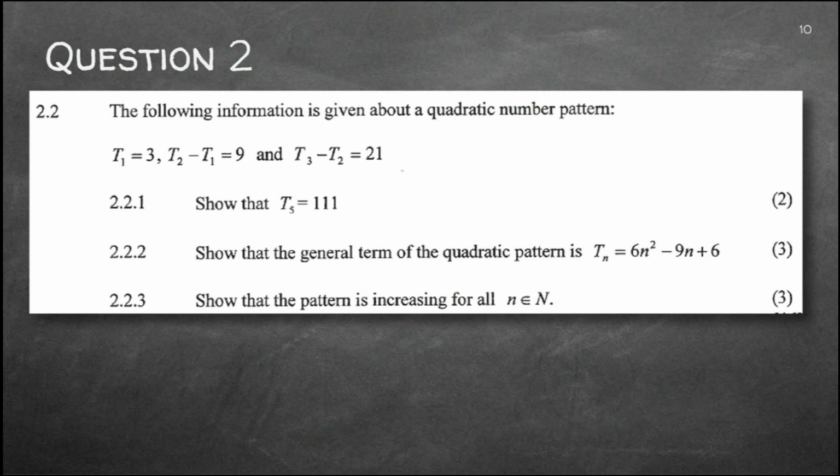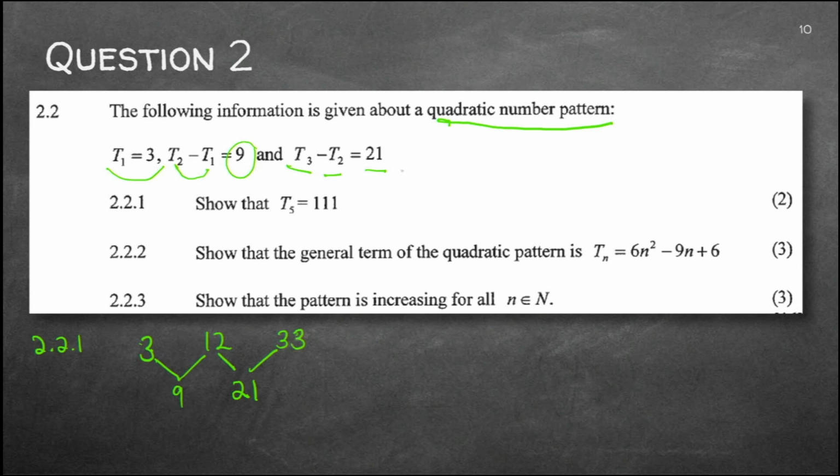So they're giving us the following information about a quadratic number pattern, meaning a constant second difference. What do we have? We have the first term would be 3. So let's quickly try and break it down. So 2.2.1. Your first term is 3. Term 2 minus term 1 would give you a difference of 9. So I know the first difference is 9. So I say 3 plus 9 and I have my second term. The difference between term 3 and term 2 would be 21. Again, add 21 and we'll get